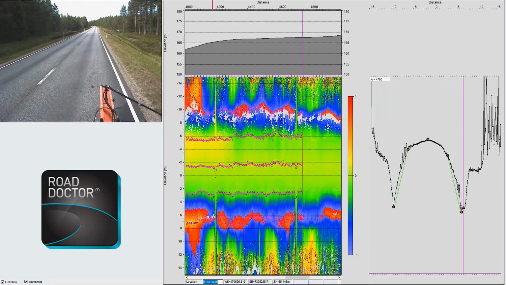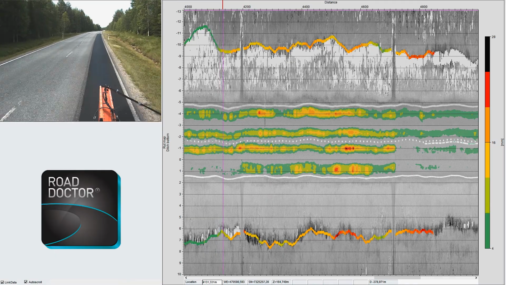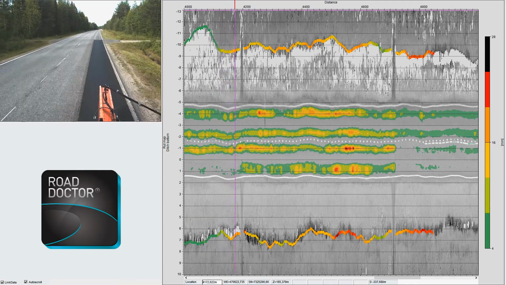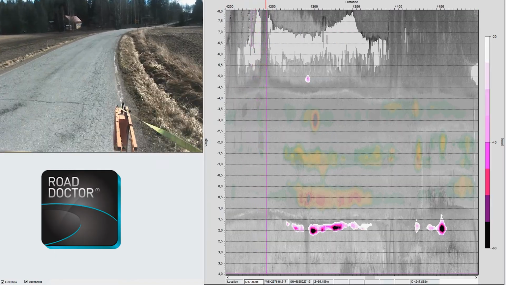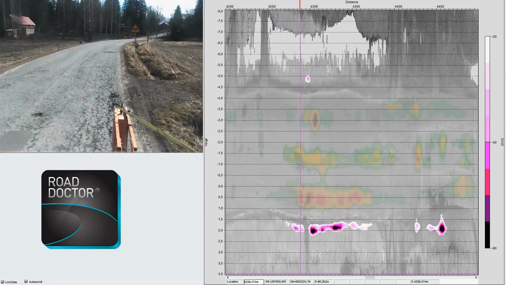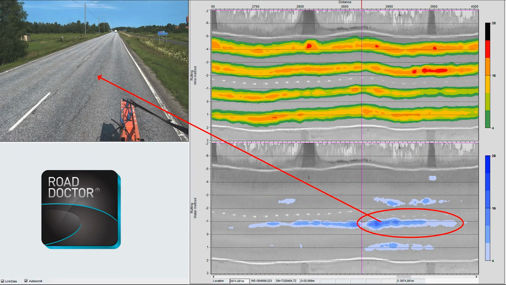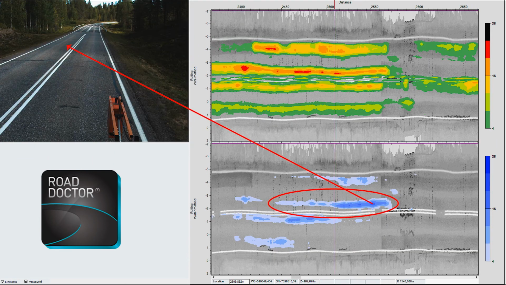Ditch bottom depths can automatically be calculated from the laser scanner data, and the results can be shown in point cloud mode together with, for instance, rutting data. Verges prevent water from flowing away from the pavement. They can be located with the RDLS data. Ruts that hold water and create a high risk for aquaplaning can also be detected.